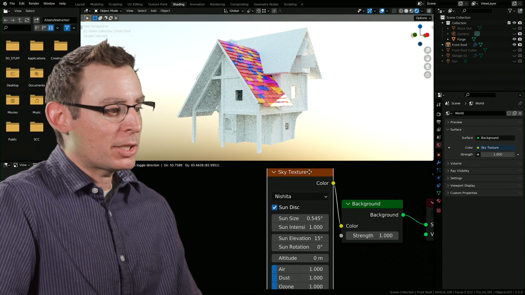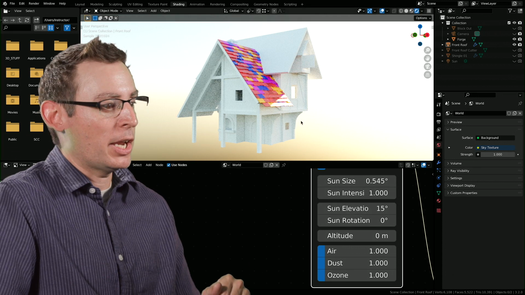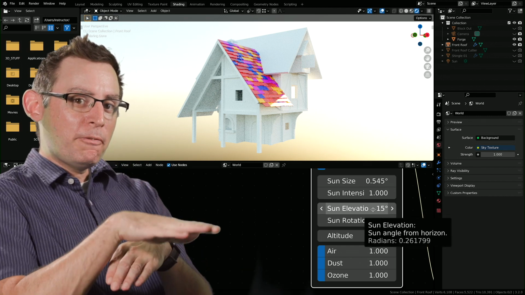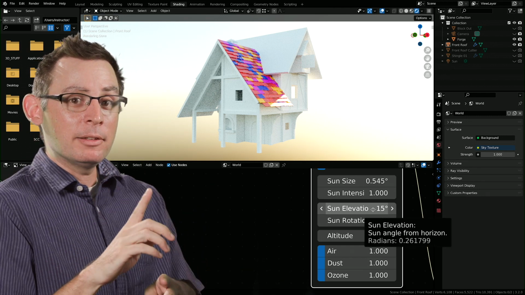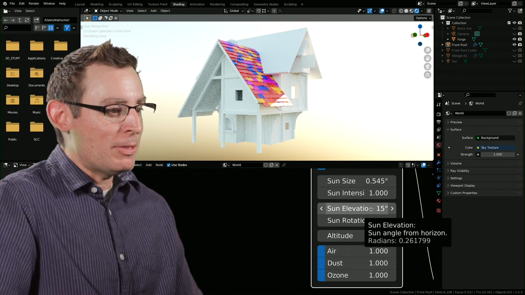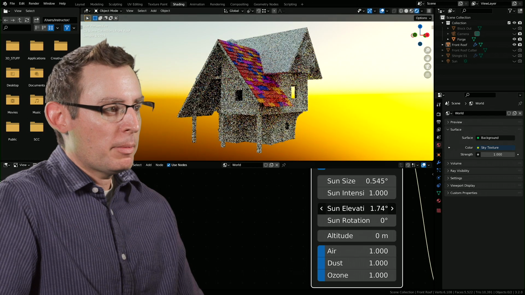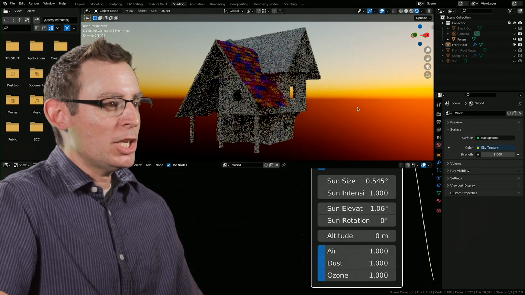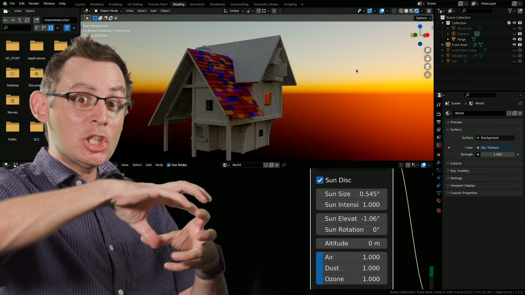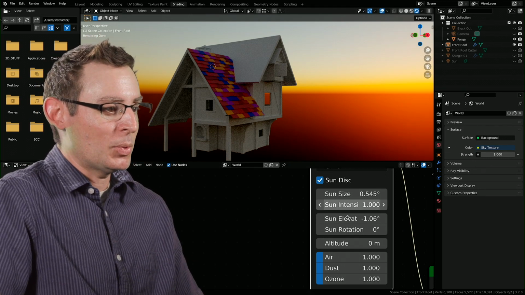Now, what makes this so exciting are all the different parameters that we get to adjust inside of this area. Specifically, I want to start with the sun elevation. At the moment, it's 15 degrees up in the sky, and yes, we are actually simulating the angle of the sun in the sky. So let's bring this down. I'm going to bring it down to right about in here, and you can see that not only is it changing the elevation of the sun, but it's actually changing the color of the environment as the sun changes its orientation, which is pretty cool.